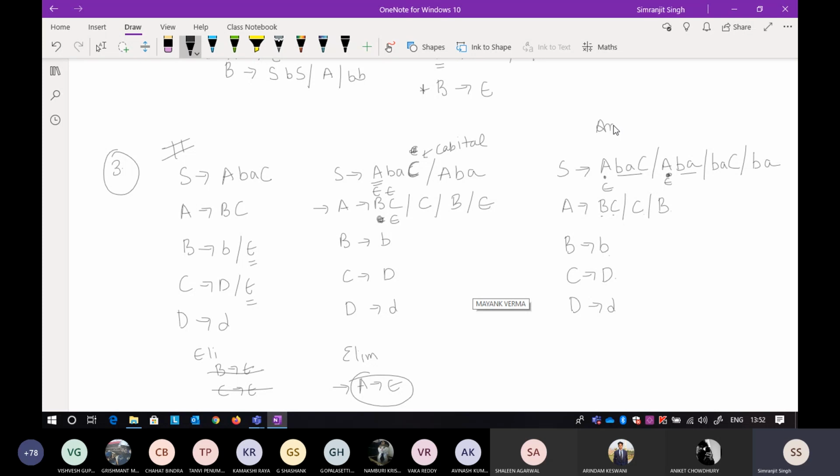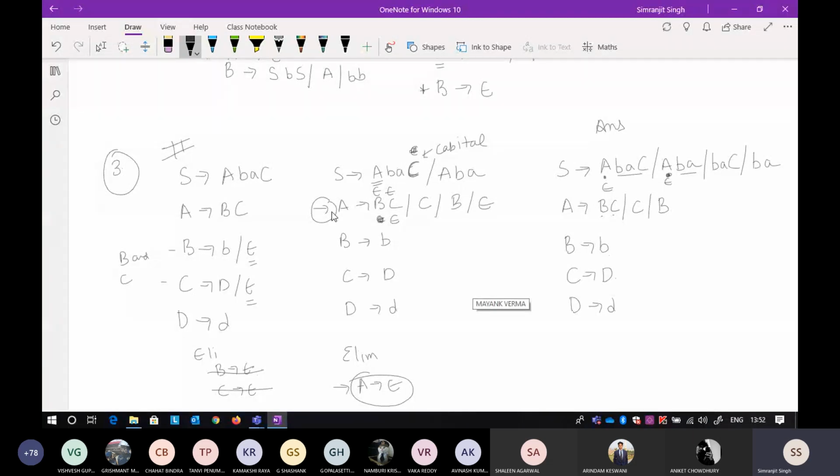The only thing that you have to keep in mind is that whenever we are eliminating the epsilon production, it can also happen that epsilon is included in another production rule. If you're seeing, we are eliminating only B and C, that is B tends to epsilon and C tends to epsilon. By eliminating B and C, a new epsilon comes into play, that is your A. So you have to eliminate the A also.